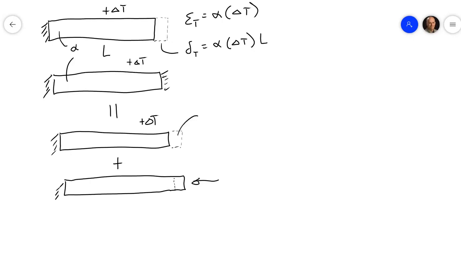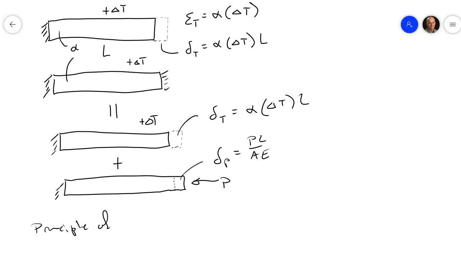And as we've done before, this is delta T equals alpha capital delta T L, and this is deflection due to a load P, and that is PL over AE, and so this is the principle of superposition again, and then we can use a